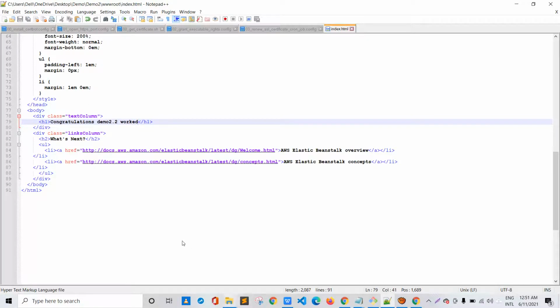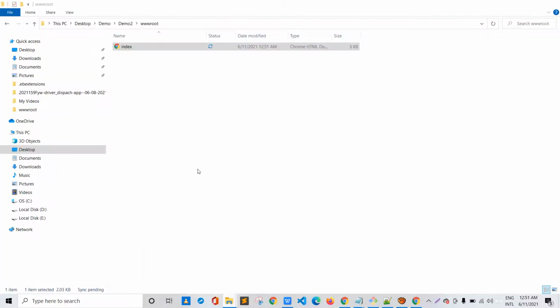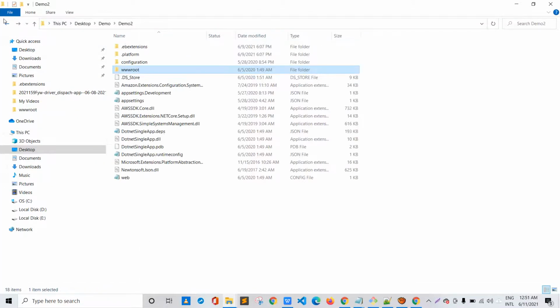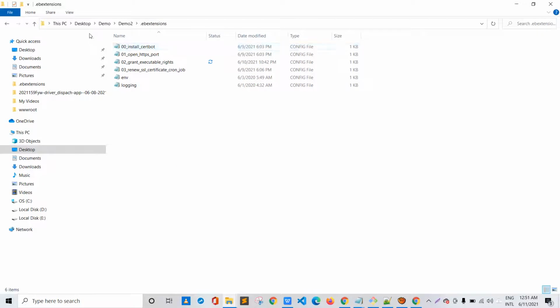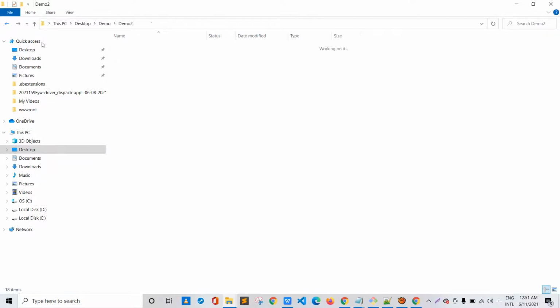I'll go to the folder and zip all these files. As you can see while zipping, I have my .ebextensions folder, I have all of my code inside these files, and I have a file inside this folder, that is .platform/hooks/postdeploy.